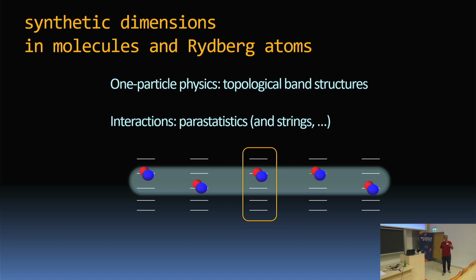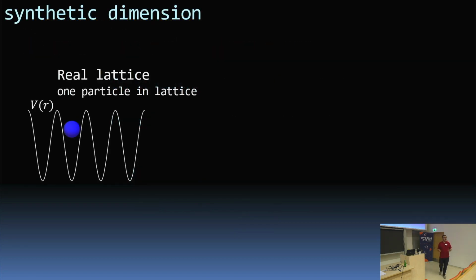This is a new type of particle that emerges as an excitation in these systems that is neither a fermion nor a boson, and so you immediately say it's an anyon. It's actually not an anyon either, and I'll tell you exactly what's going on there. All right, so what's the idea of a synthetic dimension? Before I get going too deep, feel free to interrupt me.